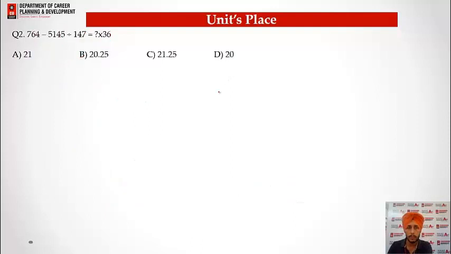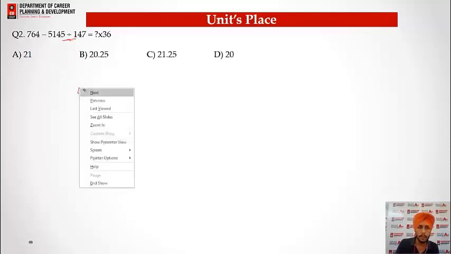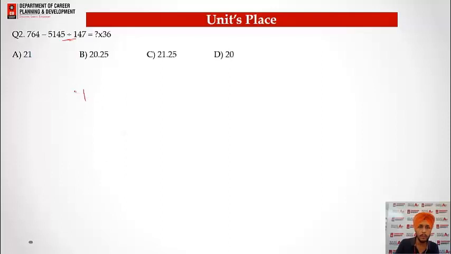Let's move to another question of unit place for better understanding of this method. So here we have again the divisibility sign. So please concentrate on how we will eliminate that divisibility sign over here. So again, as we did in the previous example, 764 will be written as 4. The unit place of 764 is 4